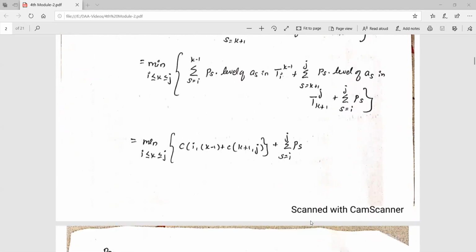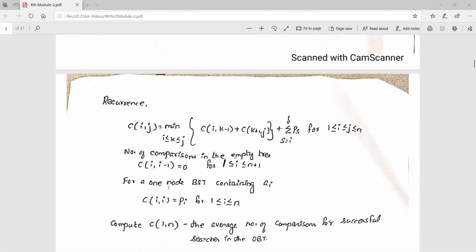This is plus, because we have to consider the minimum for the K value from I to J. Now you can remember the formula, it's very easy. The K value should be I to J. Then C you have to identify: I to K minus 1 and K plus 1 to J. And this will be the probability, I to J.